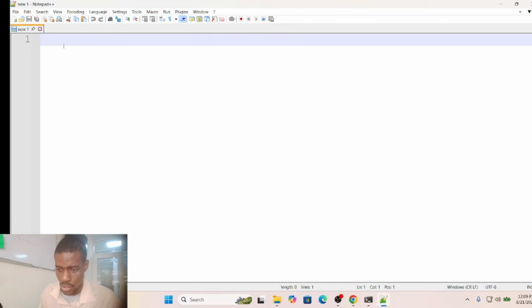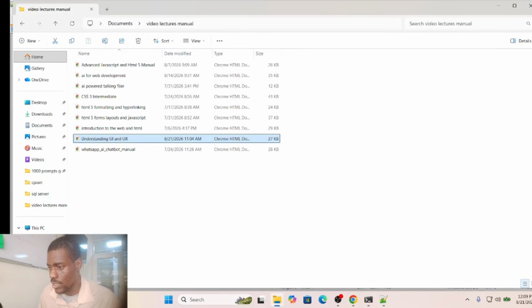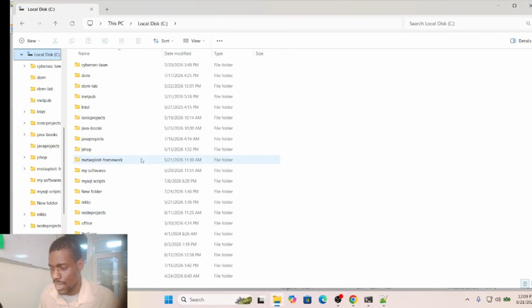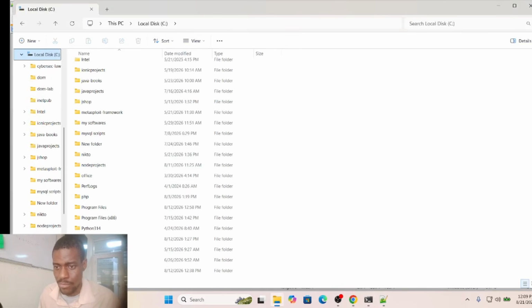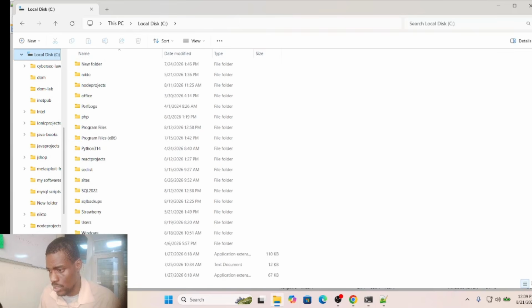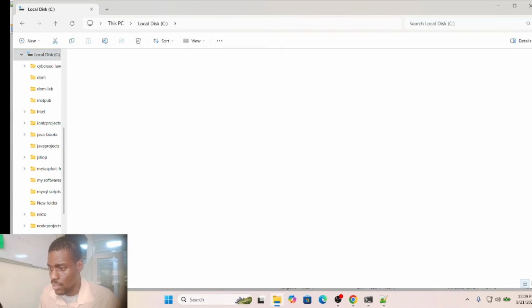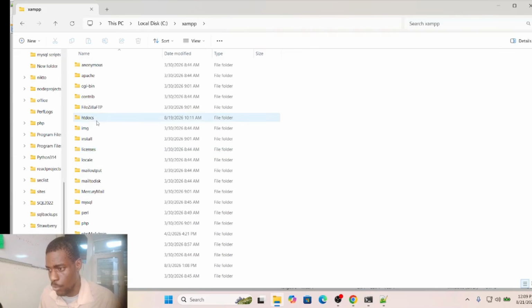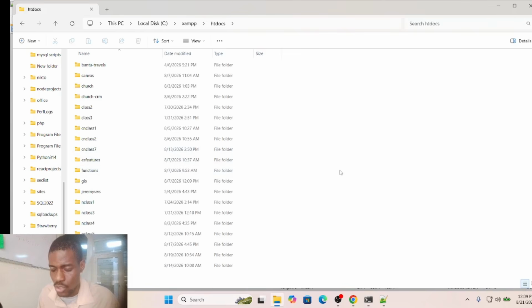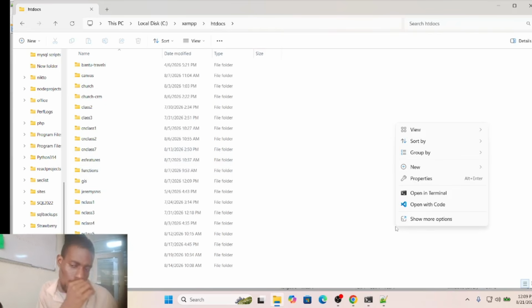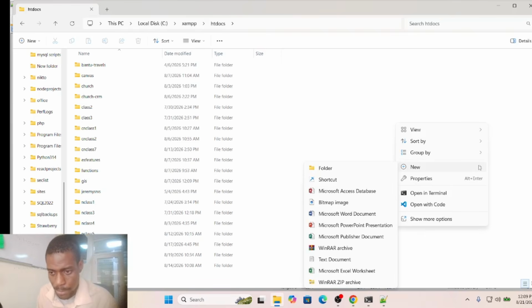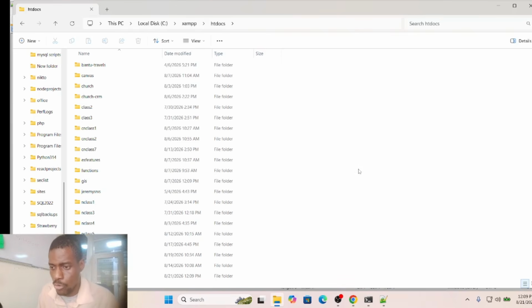So I could quickly just create a folder in our XAMPP. I'm using AI because I want to save time seriously, so that we don't make this video too long and boring. But I want us to at least see what AI can help us do in UI/UX design. And at this point, I'm still just doing a mock-up. I'm not doing a main application. The new folder, and I can call it ON